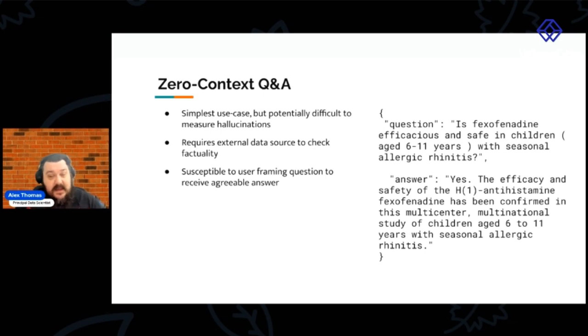And so the LLM might be inclined to give an agreeable answer, to give an answer that does assert that South Carolina barbecue is worse than Texas barbecue. So in order to measure something like zero context Q&A, you need to find an external data set. This can be done in a couple of different ways. You can find some sort of external structured data set, and then you try and match up things in the answer to the structured data. Or you can essentially back engineer it into a RAG situation where you look for relevant documents and then you measure how well the answers match those documents. But it's one of the more difficult ones.